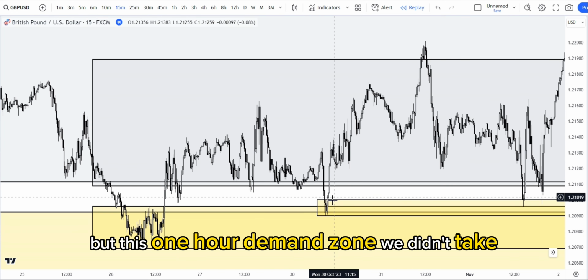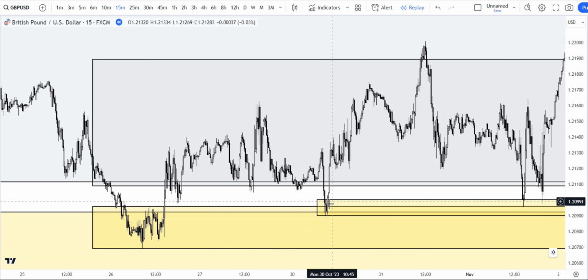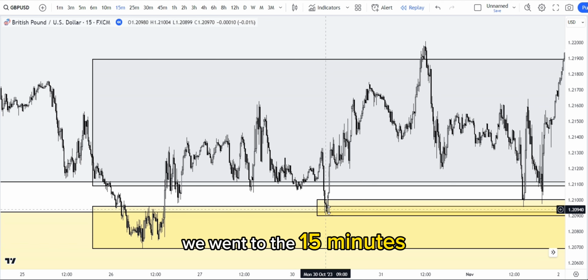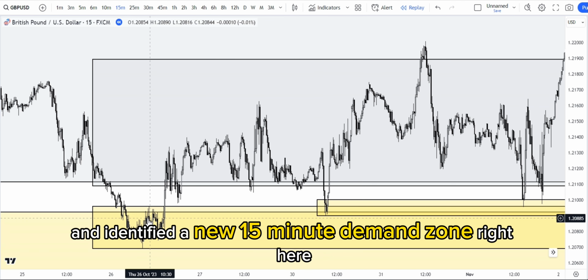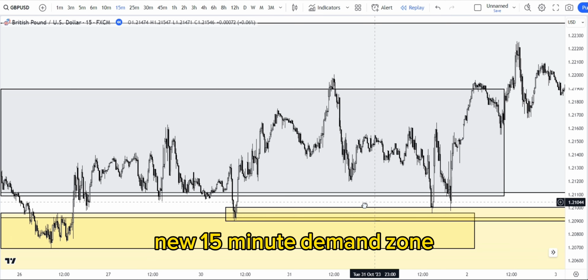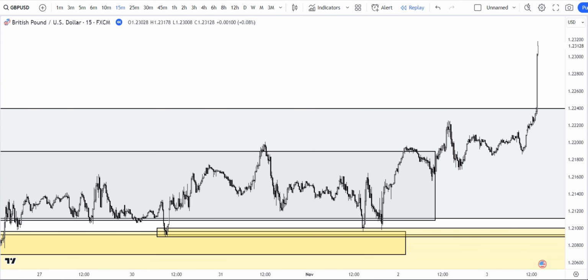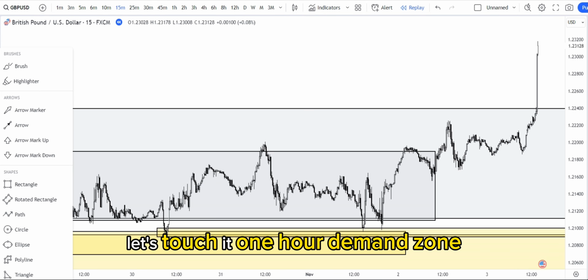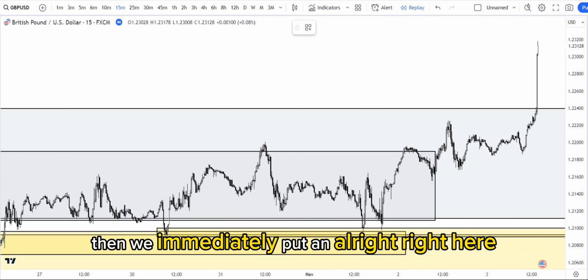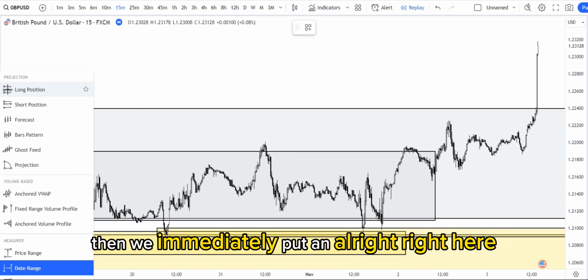But this 1 hour demand zone we didn't take. After price hit this 1 hour zone, we went to the 15 minutes and identified a new 15-minute demand zone right here. New 15-minute demand zone that touched the 1 hour demand zone. Then we immediately put an order right here,